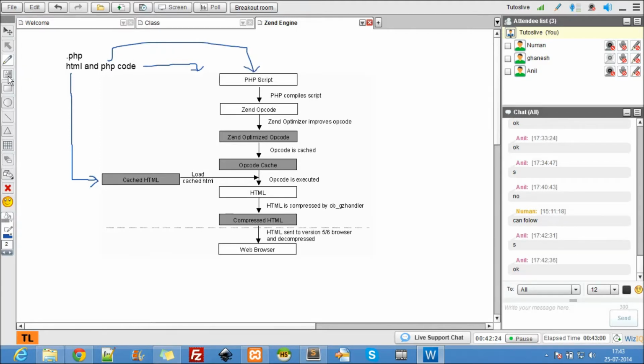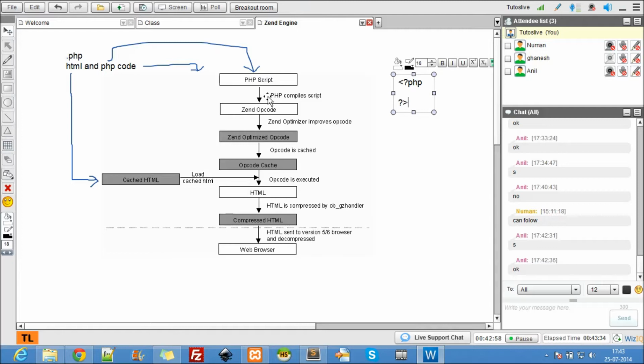That's the reason PHP is written inside these two tags. You should now know why: it's very easy to separate. Whenever the Zend engine encounters this particular symbol, it assumes there's PHP code there, and it looks for the closing symbol. Then it separates that from the HTML.